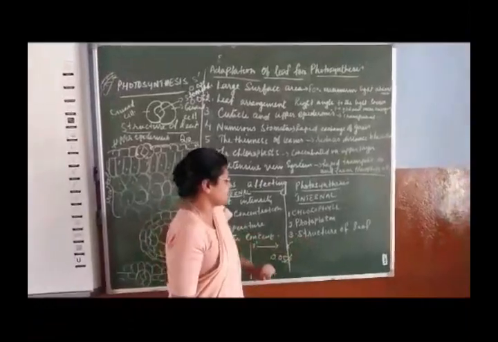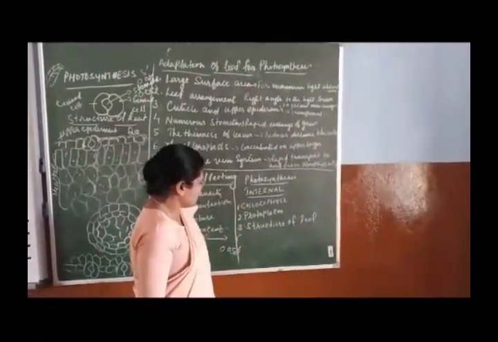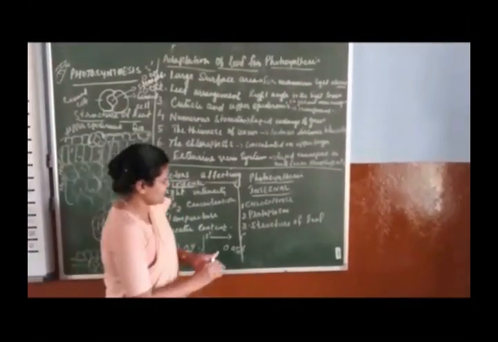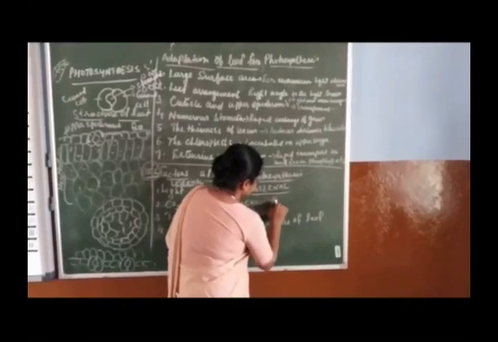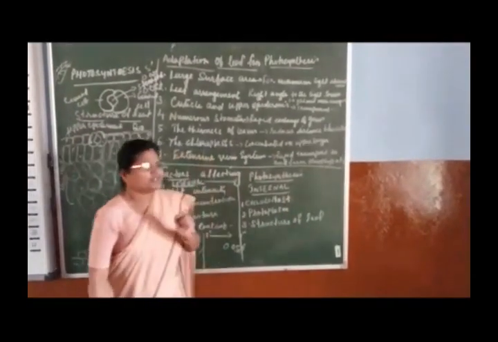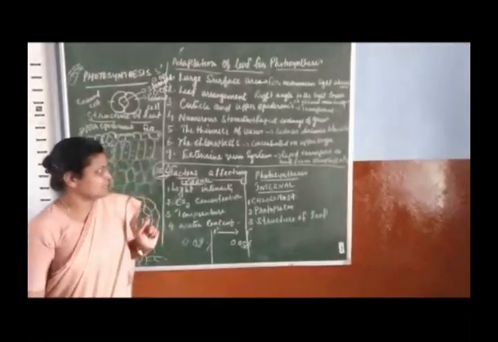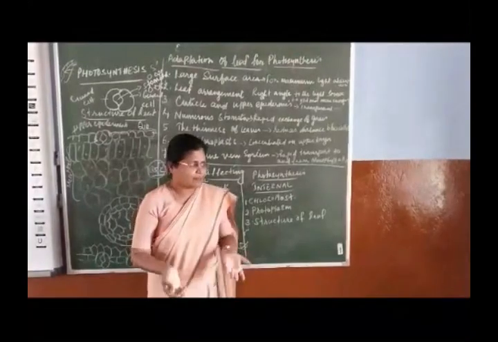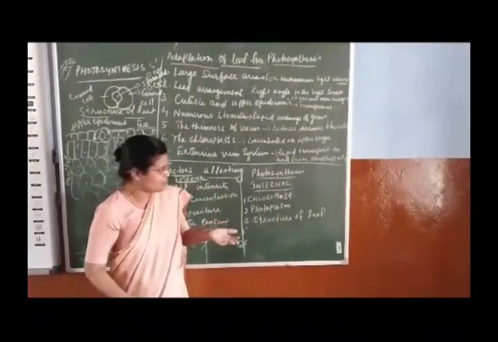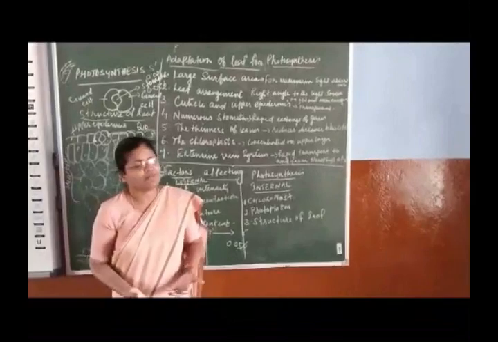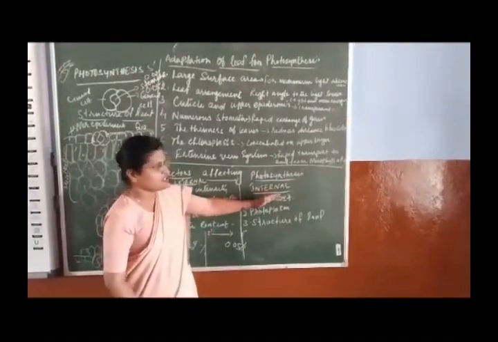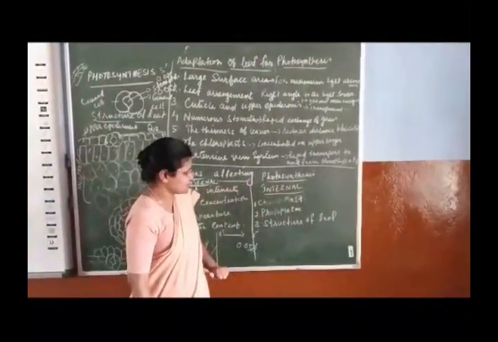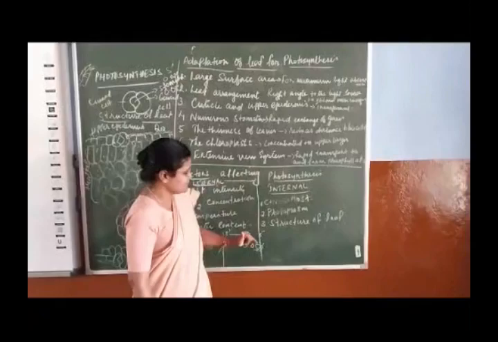Coming to the internal factor. Now the chlorophyll or the chloroplast. I told you, sometimes if there is a nutritional deficiency, sufficient mineral element is not available for the chlorophyll to survive and grow. So the chloroplast and the chlorophyll will not be efficient to perform photosynthesis. So due to nutritional deficiency, the chloroplast will not be able to take part in photosynthesis, so it affects indirectly the rate of photosynthesis.